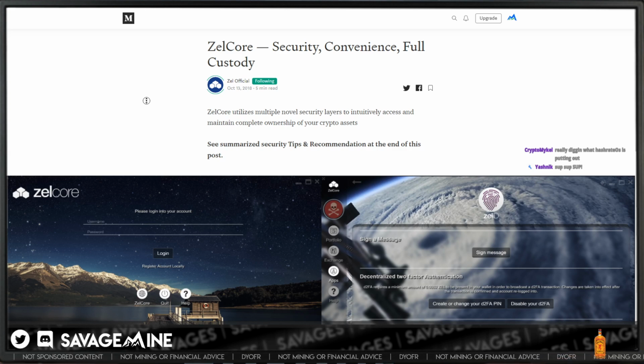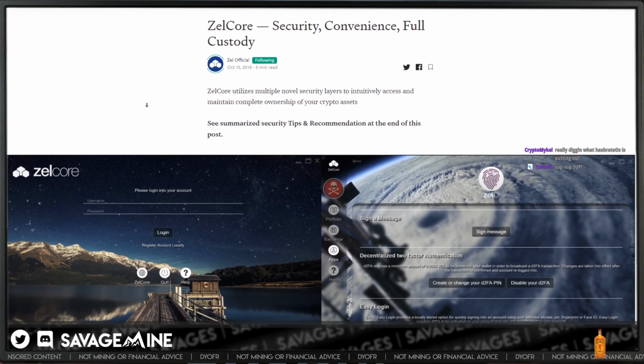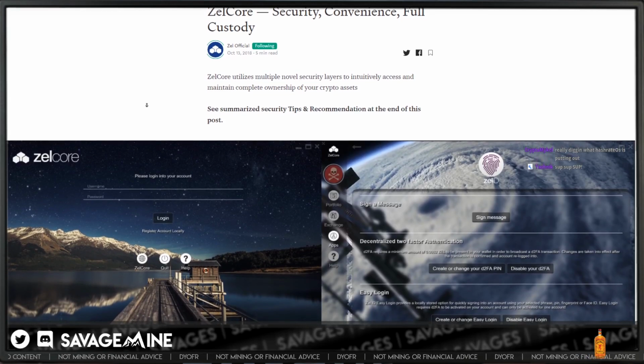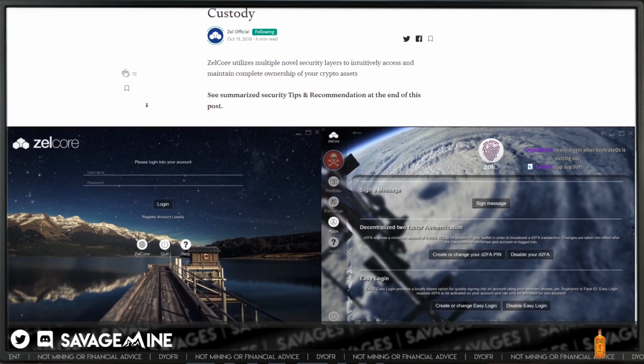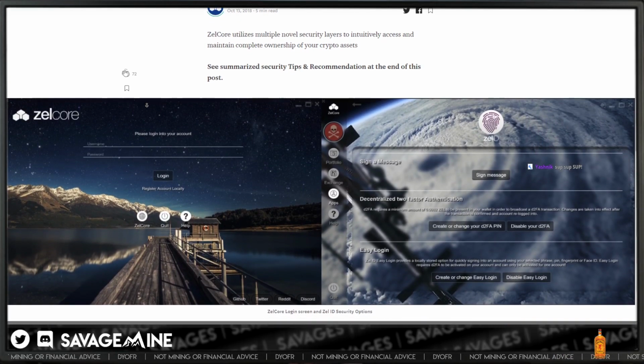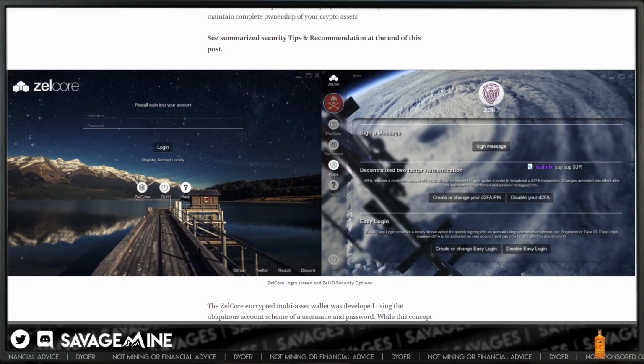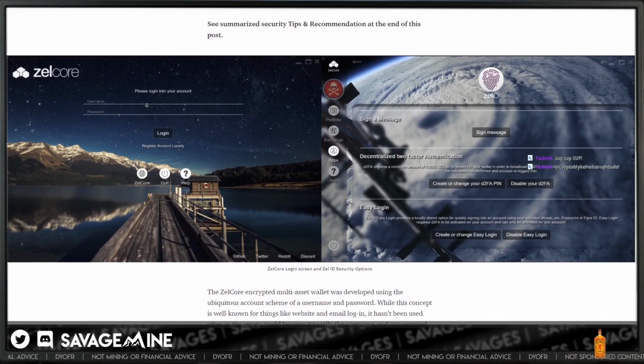I think it's important because ZelCore is a project that I've followed for a long time, and I know that they're not being shady. So ZelCore is the multi-asset wallet of the Zel network. It uses familiar logon credentials of usernames and passwords that people are used to, right?